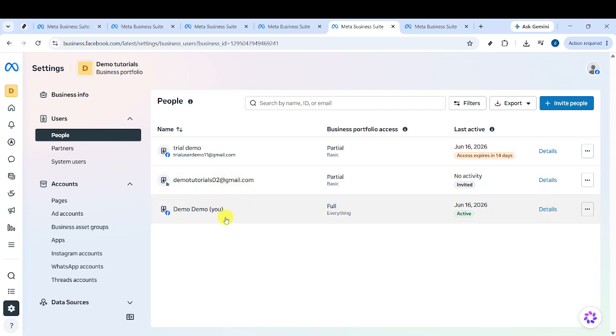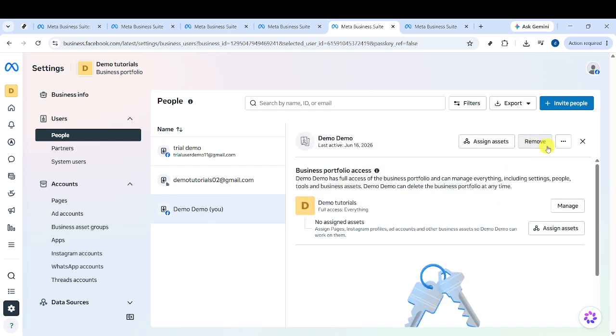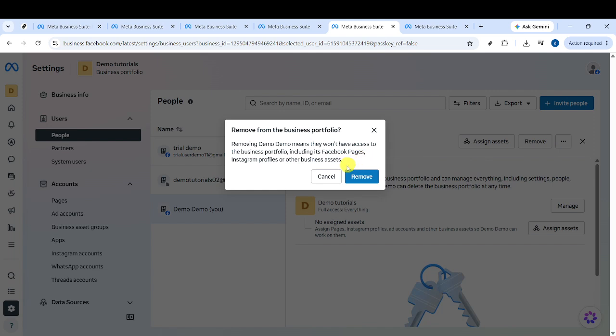Meta will usually display a confirmation prompt before making the change. This is an important safeguard, because once the person is removed, they will no longer be able to access the business portfolio or any linked assets through this account. When the confirmation window appears, click